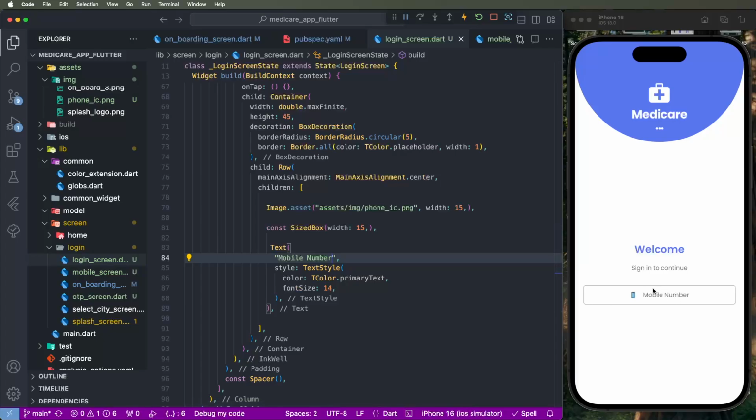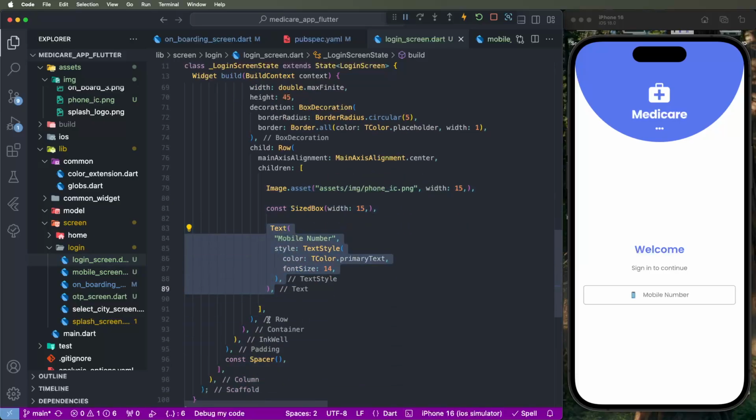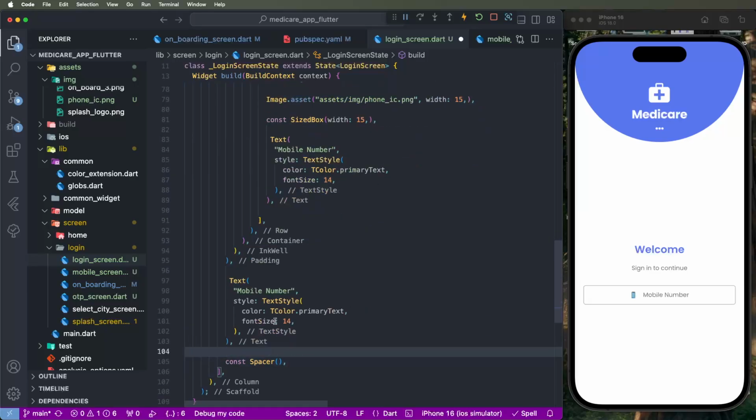Similar to the design, we are making the UI, and this is done. Now we need to create the other button, the Google button. First of all, we need to copy this text and put it here after the completed padding, and write down "or",